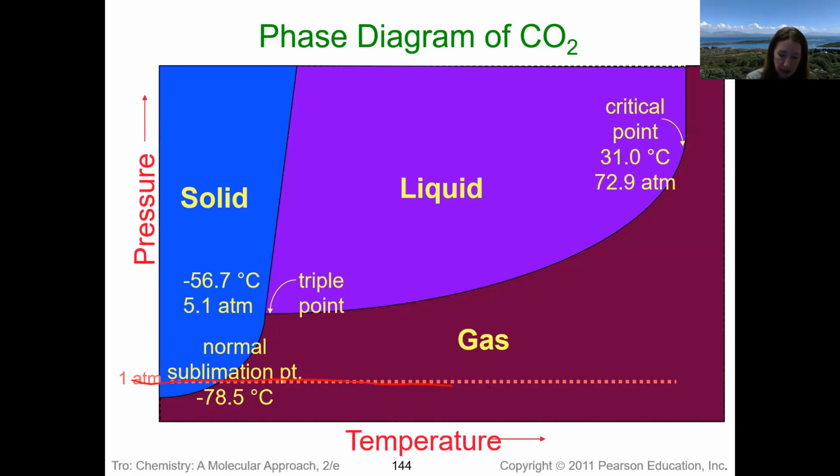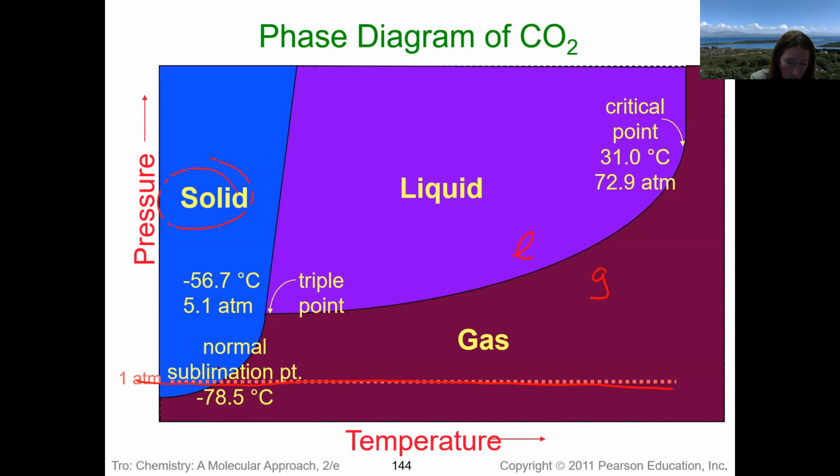So here's 1 atmosphere, right? This is our 1 atmosphere here. So remember, something boils when it goes from a liquid to a gas at 1 atmosphere. Well, if you look at this, here's 1 atmosphere. It never goes from a liquid to a gas at 1 atmosphere. So therefore, CO2, as we know, is a gas, right? At any pressure, at our pressure, it's definitely going to be a gas. Same thing with solid to liquid. So to get to solid CO2,